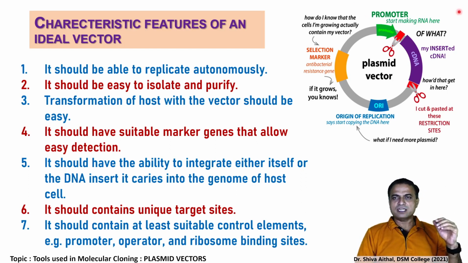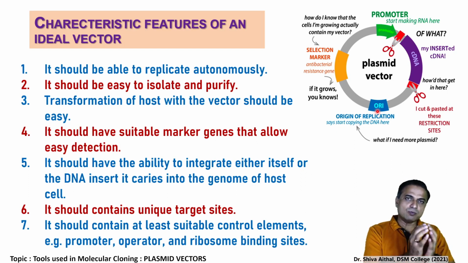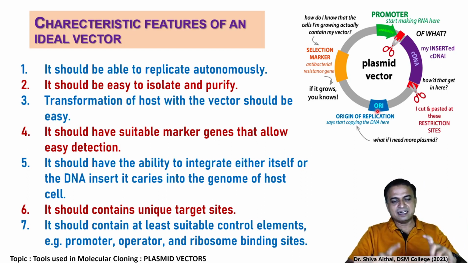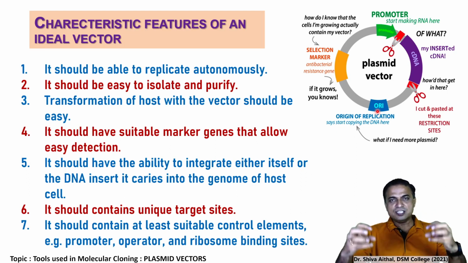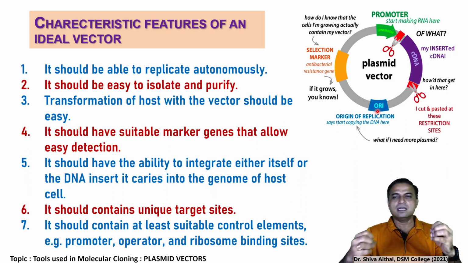Some six to seven points I will mention. So first of all, it should be an autonomously replicating unit. It should have a system like the replication origins, which we have seen in DNA replication, which will allow the replication of the plasmid to multiple copies within the cell. And secondly, when the host cell multiplies, along with each binary fission and each cell division of the bacteria, whatever plasmid copy number is maintained in this cell should be maintained